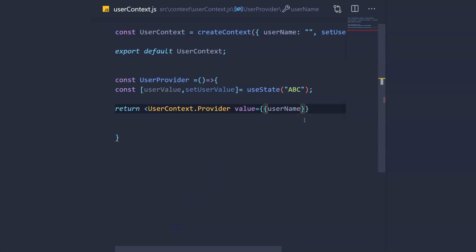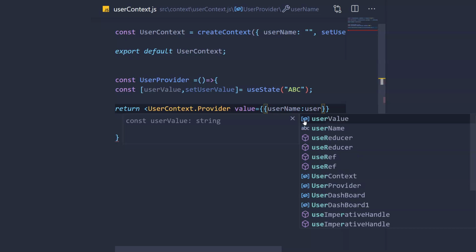For username I'm saying you use the user value of this state.